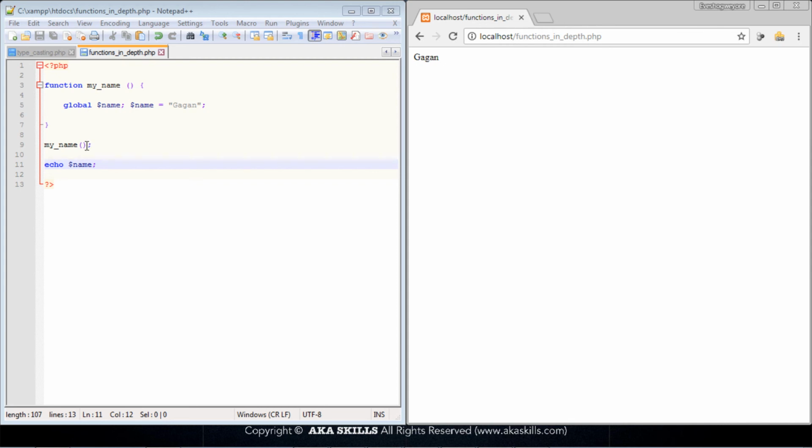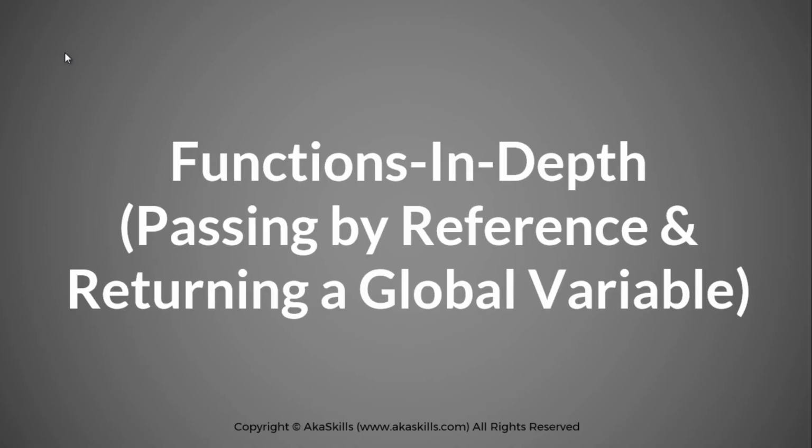Simply call the function in which the variable resides first, and then do anything you like with the variable. And so that is that about functions in depth in PHP. We have learned a lot and we've seen the power of functions. So far so good. In the next video, I want to talk about another interesting concept about